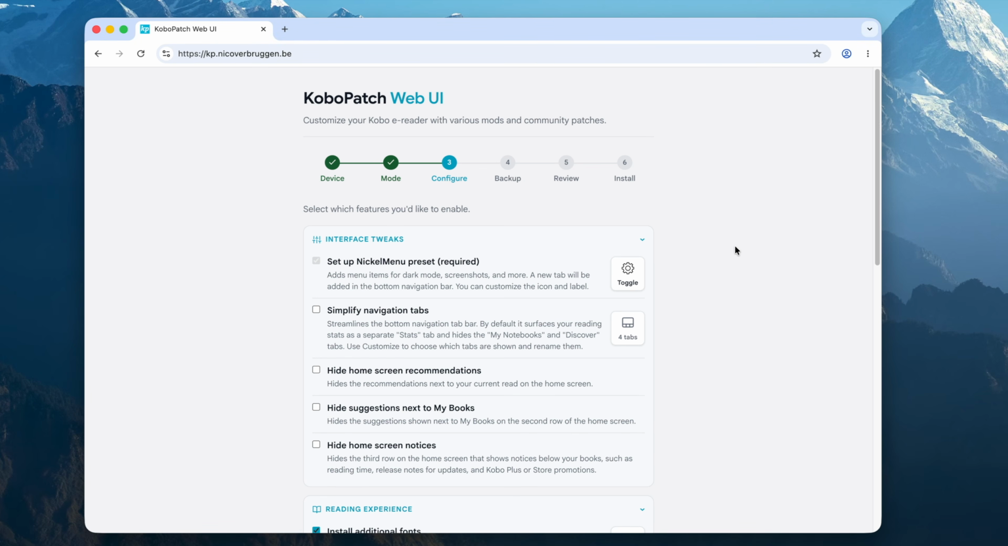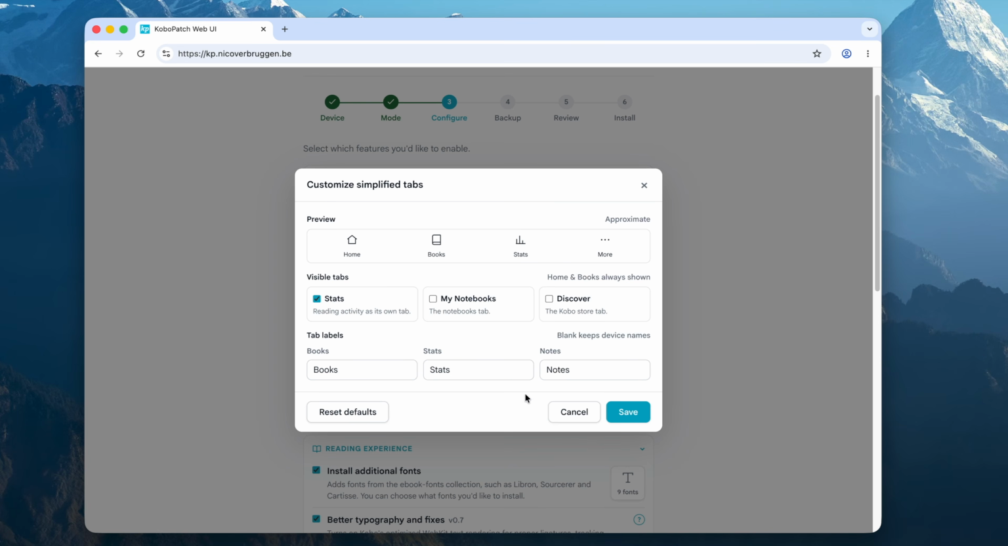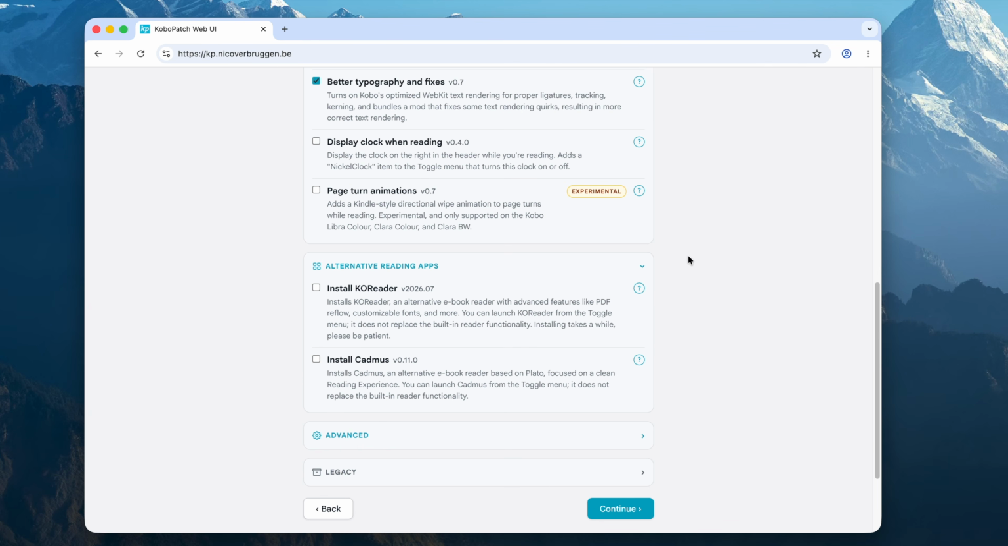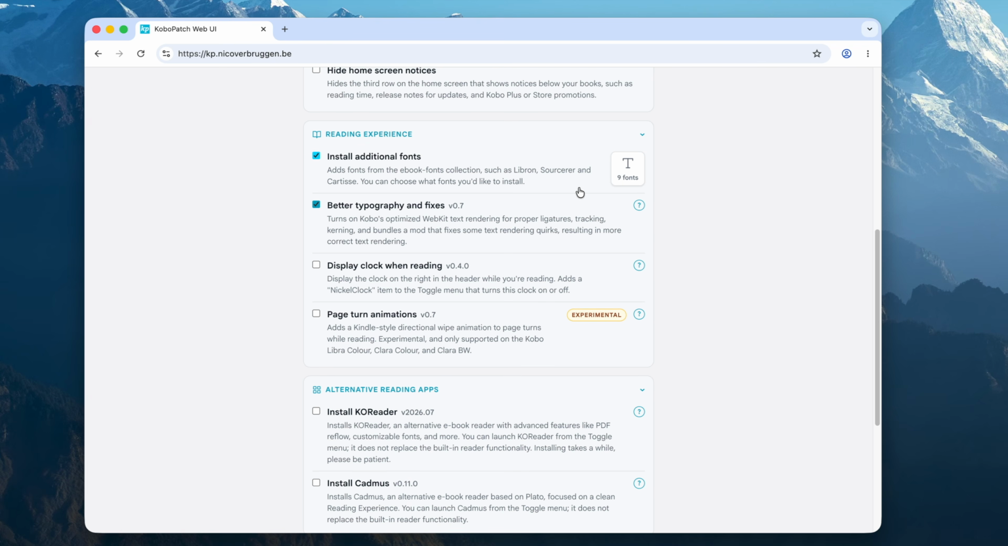Yesterday, I released a small update for KoboPatch Web UI, a week after I released the big one. A week ago, I released the big one that has all of the new features I showed you in a video a couple of weeks ago: simplified navigation tabs with customization, and of course, support for page turn animations, and I also updated Co-Reader. But yesterday's update also brought, in addition to the absolute latest version of Co-Reader, this customization for the